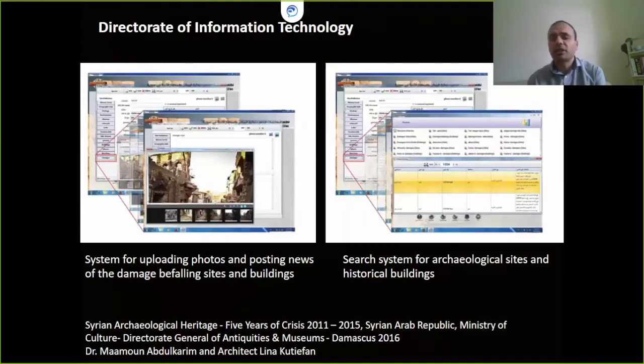And the mission in Damascus started to generate a kind of database for that to monitor this damage and see how this building or this archaeological site changes over time, but also save some data for future generations for educational purposes or even for preservation. But of course, this is really important